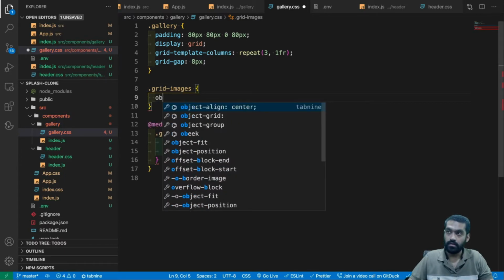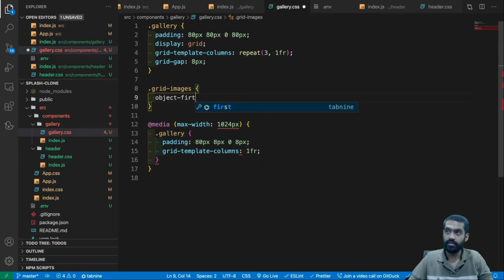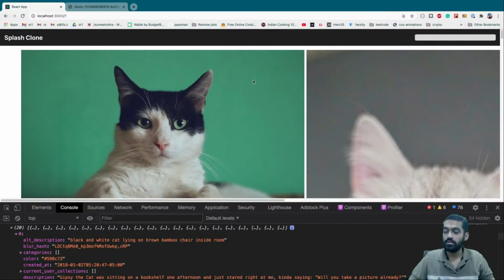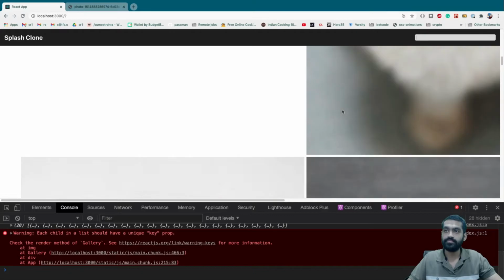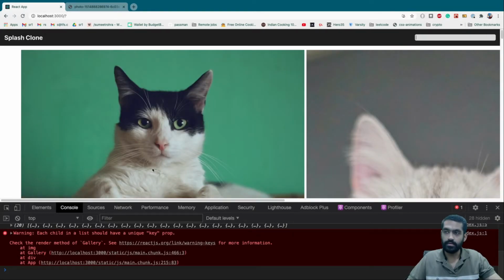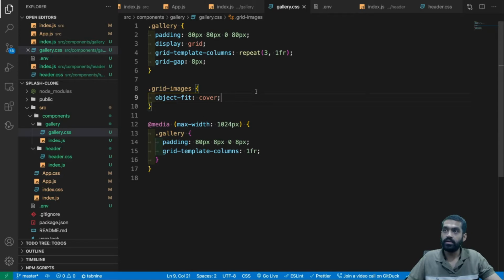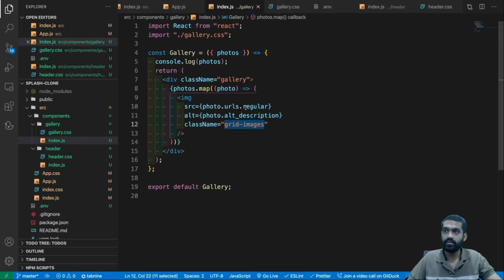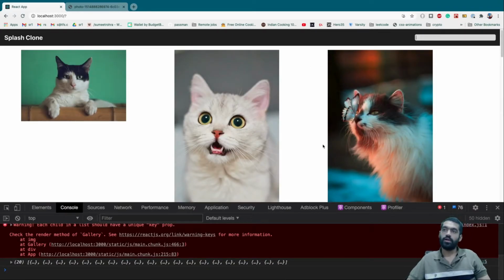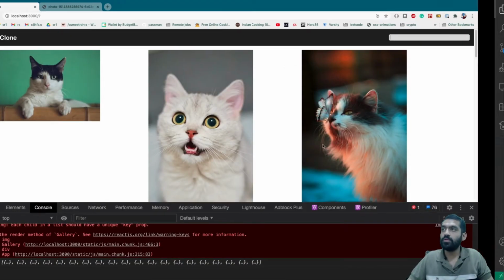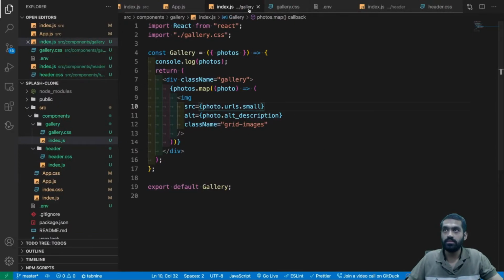Let's add object fit cover and let's see whether this works. I guess, okay, we'll have to do it again. Huh, this doesn't work. Okay. Instead of regular, can we use small? Let's see. Huh. Okay, so I kind of see the problem here, but how do we solve this?